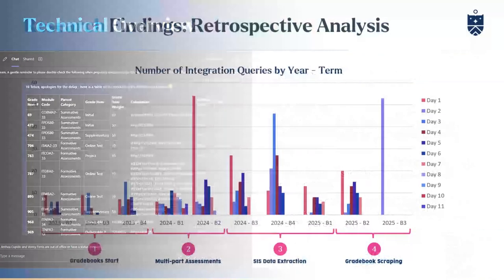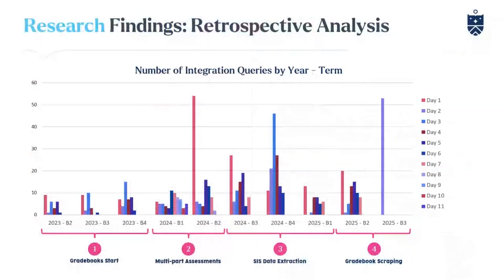And just to give an overview of these different phases that we have been going through based off of those incident logs that we looked at. During 2023 was when we initially started the gradebook setup, focusing on very select types of assessments, still relying quite a bit on manual capturing. And then in the first two quarters of 2024, you can see that spike that we experienced. This is really where we started to incorporate multi-part assessments, leading to that initial intervention that Denise had also demonstrated, where we are pulling out the specifications and having that be much clearer.